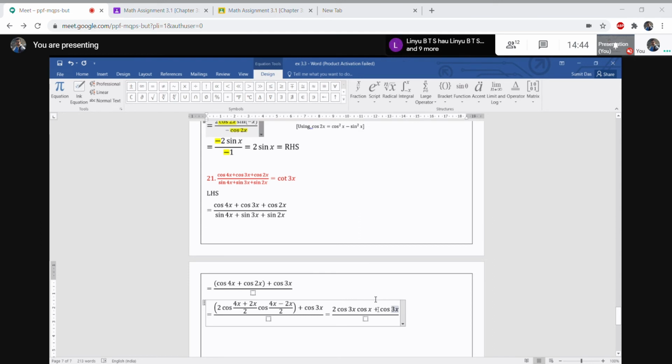Am I clear? So you have to see, look, our formula, question number 20. Whenever the cos x plus cos y formula is there, you can see all these formulas give a result with x plus y by 2. So I am calculating like this: 4 plus 2 is 6, divided by 2 is 3. So here is also 3.